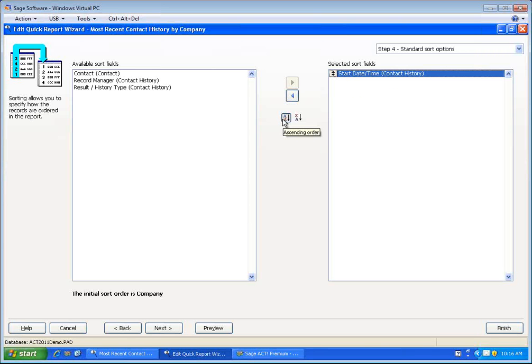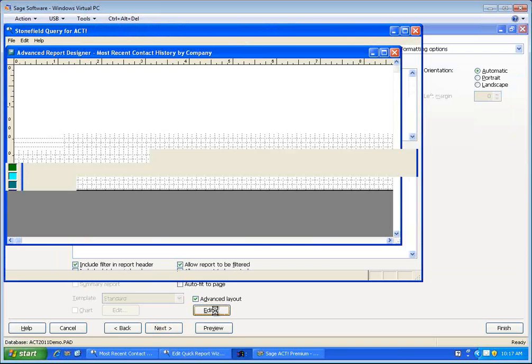If you're going to select the start date time and hit A to Z or ascending order, you're going to take all of your detail fields and throw those down into your footer. If you choose Z to A, you put them in your header. I chose A to Z. So I went into my advanced layout designer,